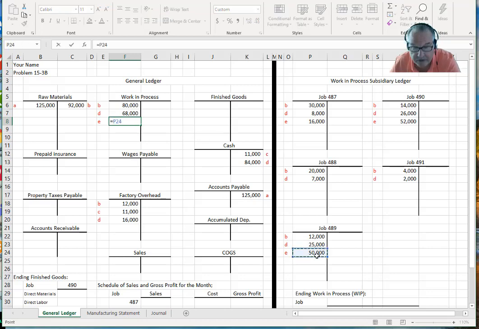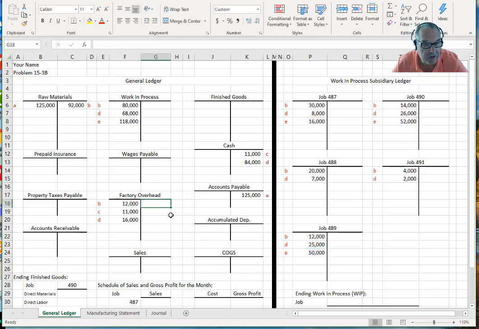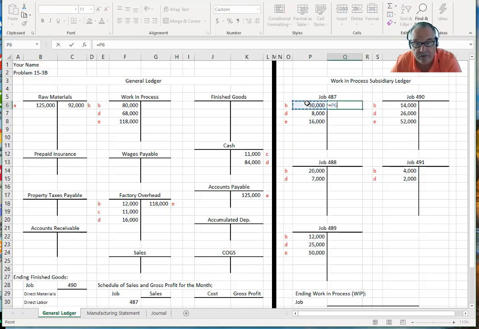So if I total up those three amounts, I get $118,000, and I'm going to debit work in process and credit factory overhead. In effect, what we're doing here is we're transferring the cost out of factory overhead and into work in process. So now we have our three product costs: direct materials, direct labor, and factory overhead in the work in process account, so that we can now transfer the total cost of each one of these jobs,